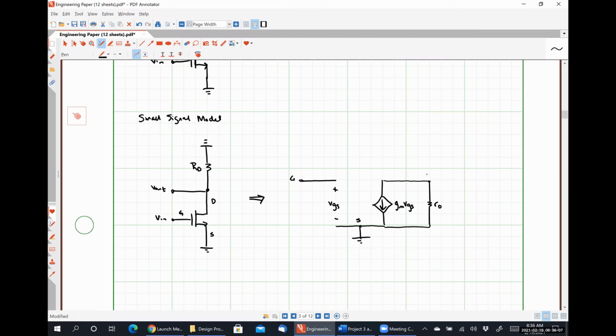This is my drain terminal, and then between my drain and ground, I have that resistance RD, and my output voltage is between the drain terminal and ground, which is the same as the voltage over that guy there, and my input voltage plus